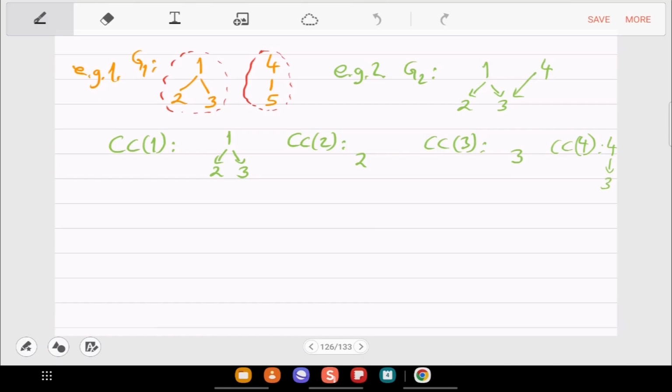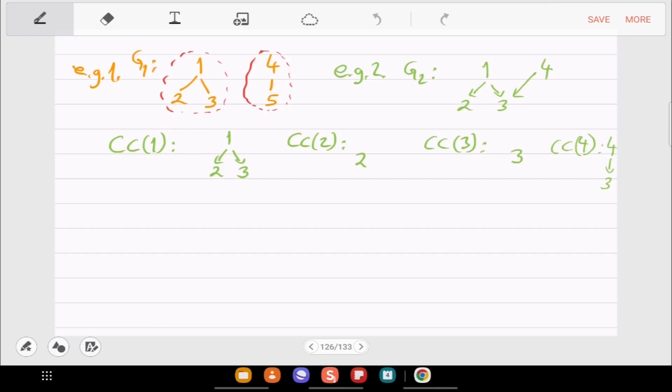So in the directed case, it is not a neat partition, because you can go, for example, from 1 to 2, but you cannot go back. So depends on your point of view. If you are drawing a connected component from 1, then 2 will be there, but if you are drawing from 2, then 1 will not be there. Right? So that messes up many properties and many algorithms. So generally we'll work with only undirected graphs.